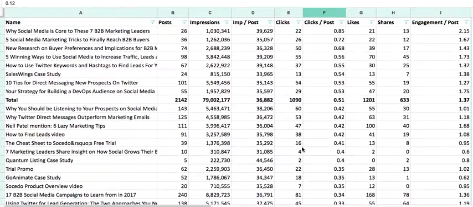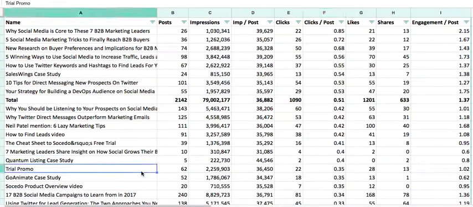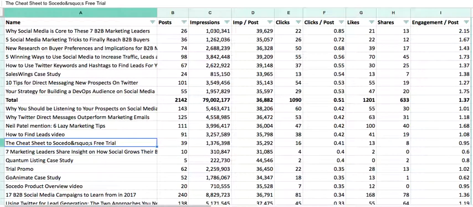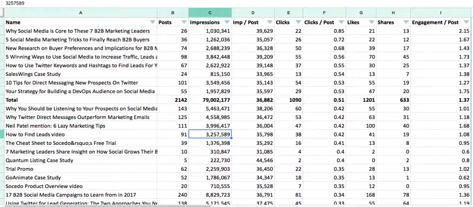Now you'll see we have some that are product specific in here. So we have one that's actually promoting our trial. In fact, this is a cheat sheet for our trial. This is how to find leads video about kind of the setup in the trial. These ones at the top are doing okay for a product video, under the baseline, but not too bad. And this one itself has actually been picking up